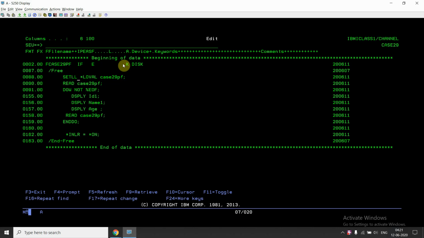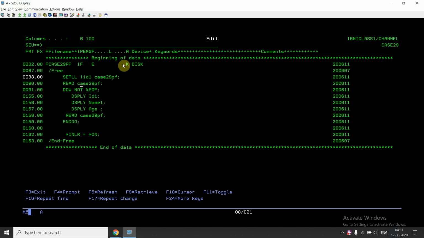Now what I'll do, I'm just removing this *LOVAL, and in place of that, for example, I'm using LID1. So I'm not using the *LOVAL, and I'm directly using the key field, right?